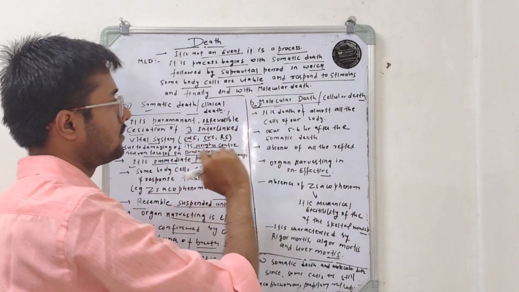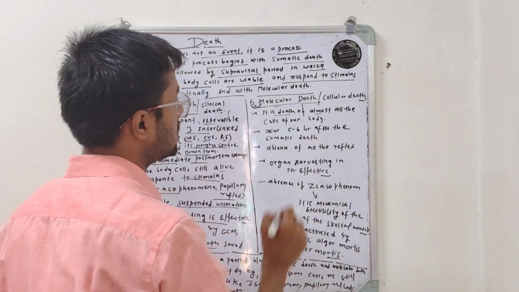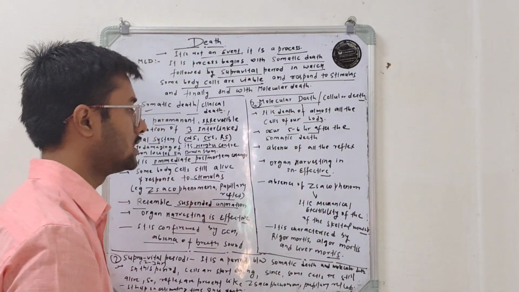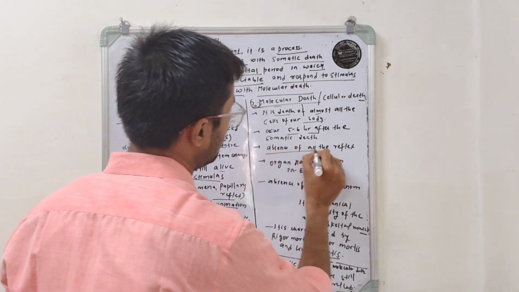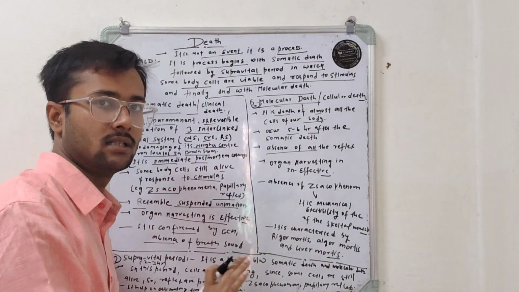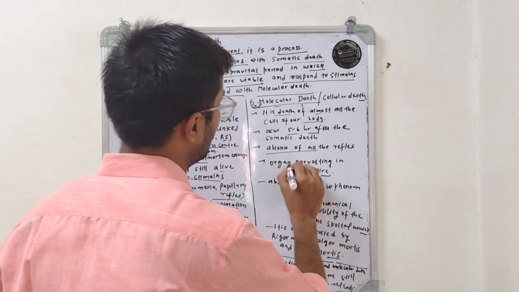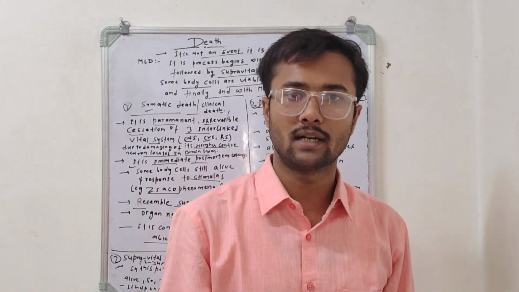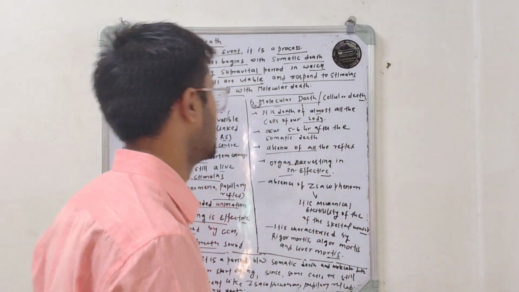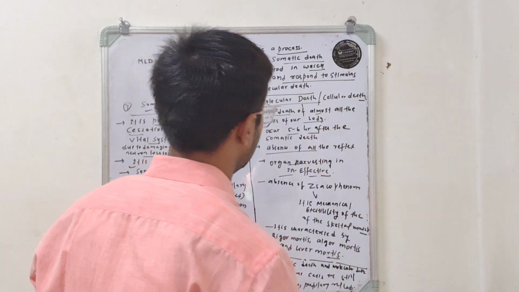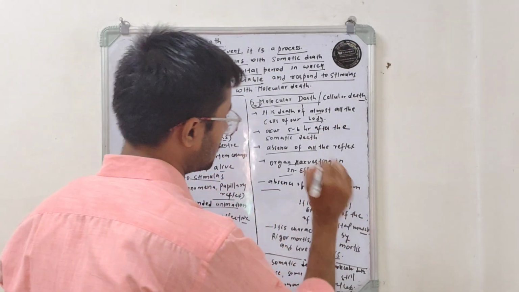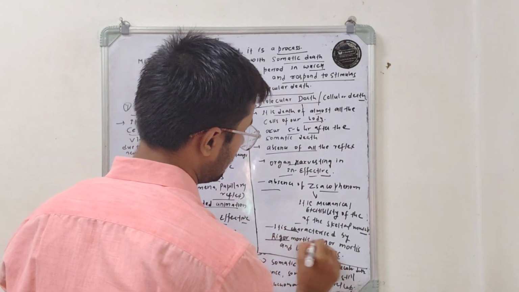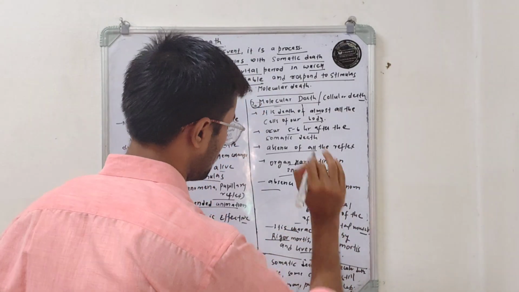Now we go for the molecular death. It is the death of almost all the cells of our body, occurring 5 to 6 hours after the somatic death. There is absence of all the reflexes, because at this stage almost all cells have died, and organ harvesting is ineffective. If all the cells of our body are already dead, then why go for organ harvesting? There is no use for those organs. There is absence of Jacob's phenomena and the pupillary reflexes. It is characterized by rigor mortis, algor mortis, and livor mortis.